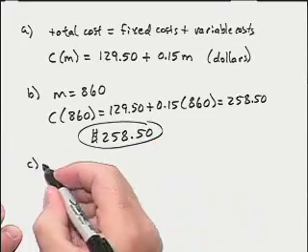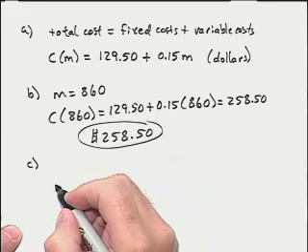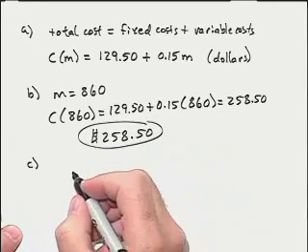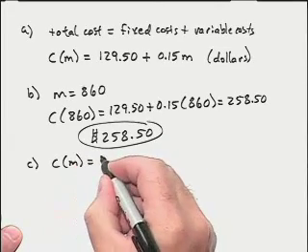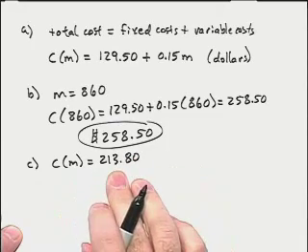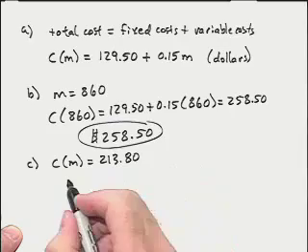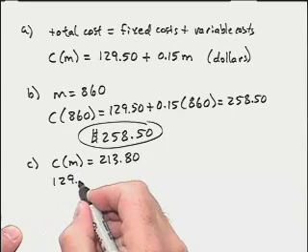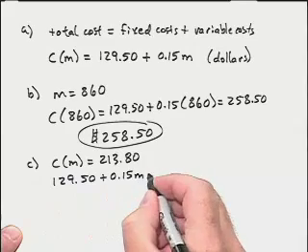In our last part C, we want to determine the number of miles driven if the rental cost is $213.80. That is, we need to solve C of M is equal to 213.80. So here we know the cost, and we're trying to determine what the value of M is equal to. So we have 129.50 plus 0.15 M must equal